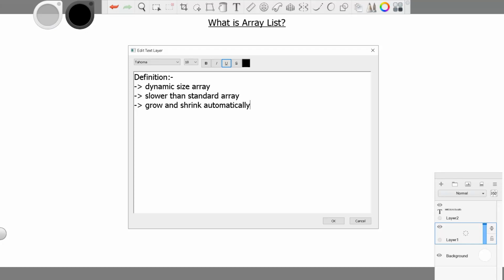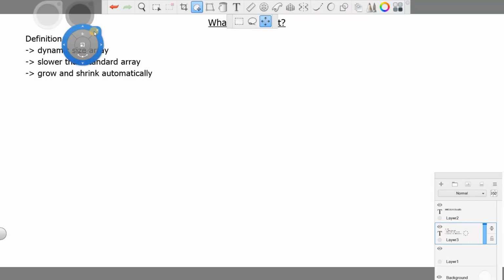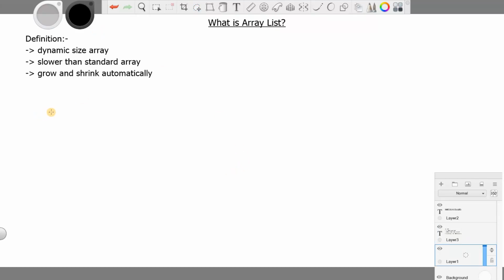So we will see what is array list with an example of how it works during the runtime. Let's consider an array list of size 1. First, the initial size is 1.